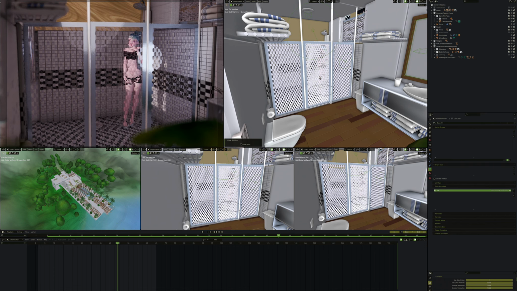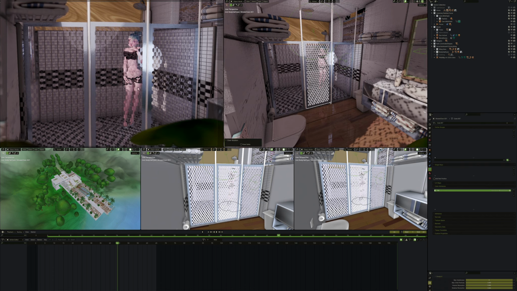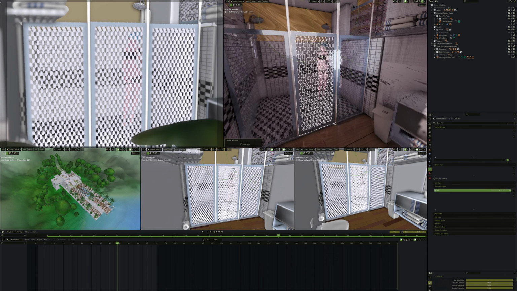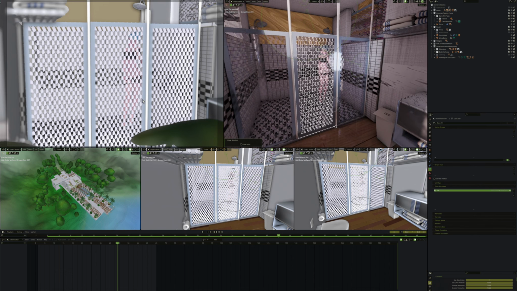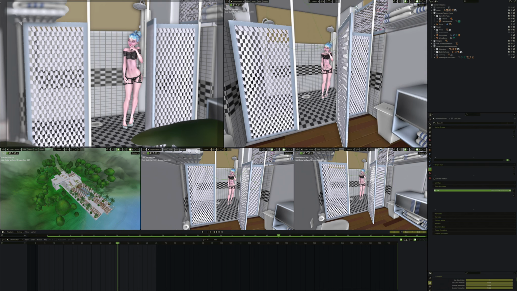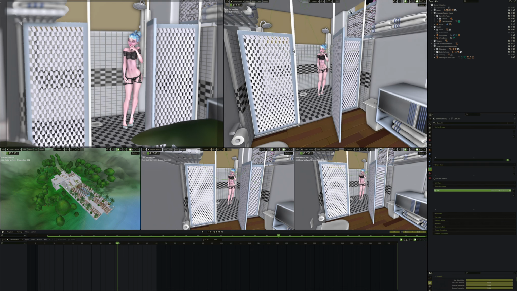If you have the door closed, then it's difficult to see your character through them, but it is possible. Even in the workbench view, you notice you can see the character through the door. And the reason for that is I've modeled the door, the frame is metal, and the hinge is also metal,